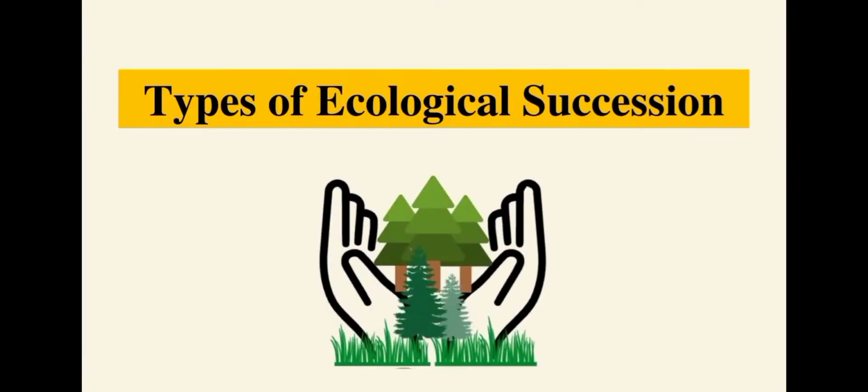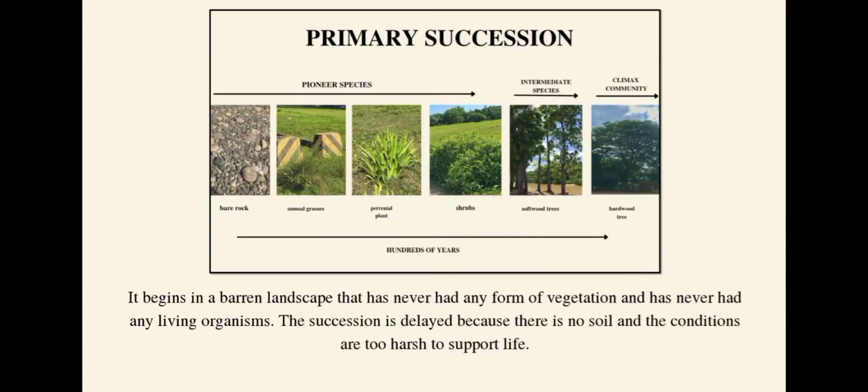Let us proceed to the types of ecological succession. First, we have the primary succession. It begins in a barren landscape that has never had any form of vegetation and has never had any living organisms. The succession is delayed because there is no soil and the conditions are too harsh to support life. Depending on the substratum and the environment, primary succession might take hundreds to thousands of years to create a biotic